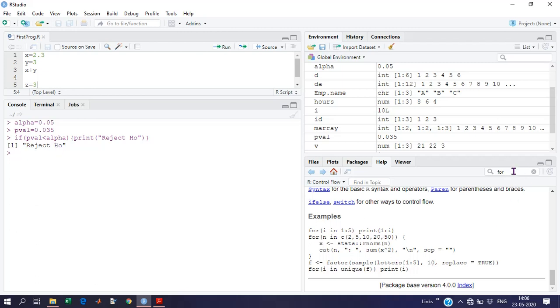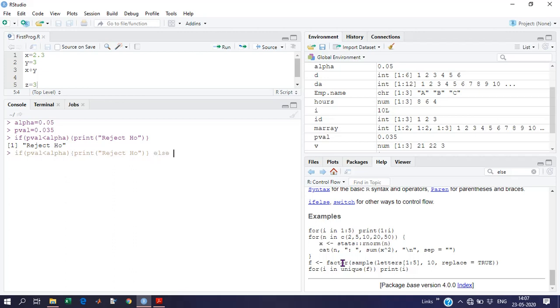We can take help of this if else. Oh, they are already showing this condition. We haven't written an else statement here. We can go ahead and write it here.